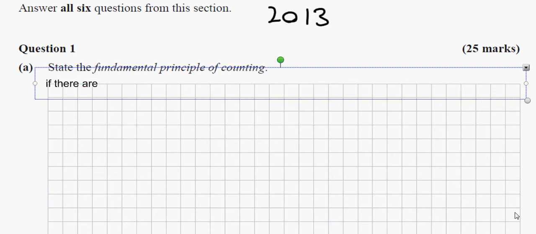If there are x ways of doing an operation, or x outcomes of an operation, an example would be tossing a coin. There's two outcomes. So if there's x outcomes of doing an operation,